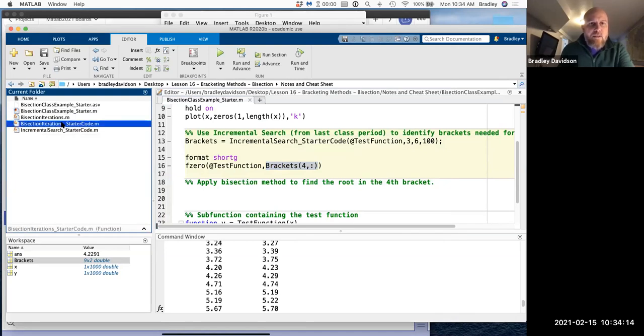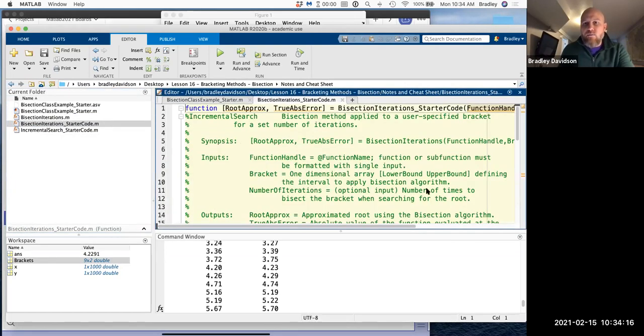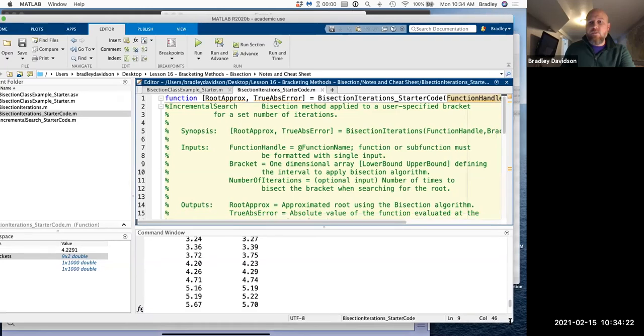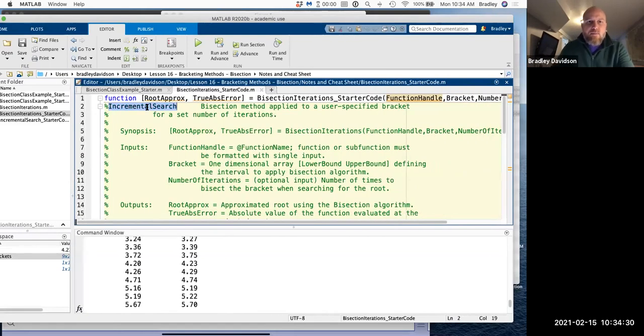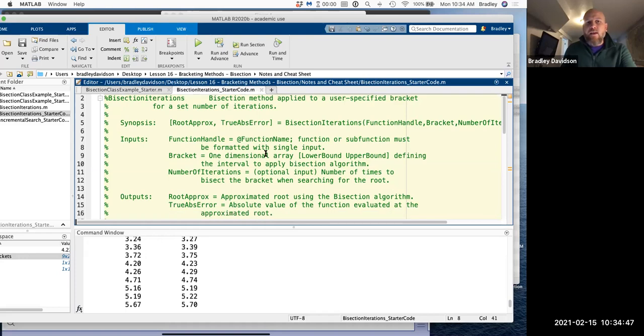So on Canvas, there's a bisection iterations starter code. So this is the function for bisection. And you can see here that, oh, this is poorly named. This should be bisection iterations is the name of it. It's the bisection method applied to a user specified bracket for a set number of iterations. And from this, you're going to get a final root approximation of the root, and